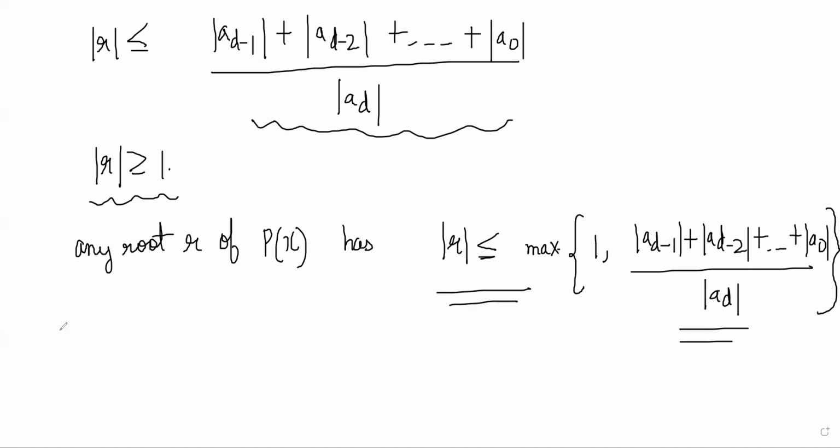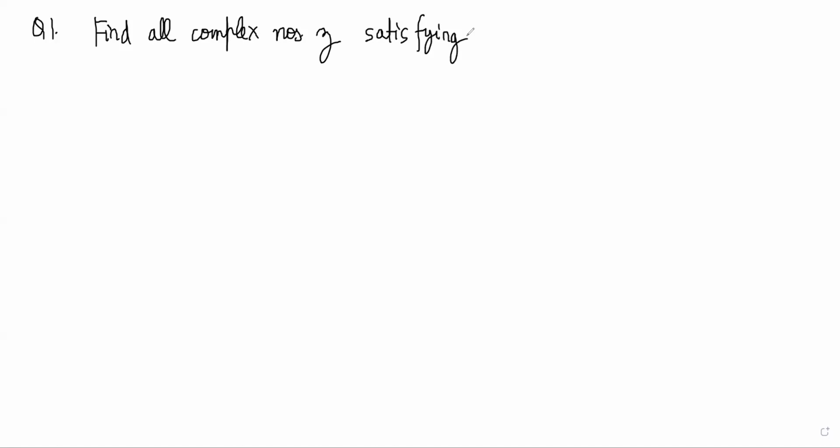So basically what we will see is applications of this principle in different problems. So let's use it in a couple of questions to just understand the idea. So this is the first one. Find all complex numbers z satisfying simultaneously the equations